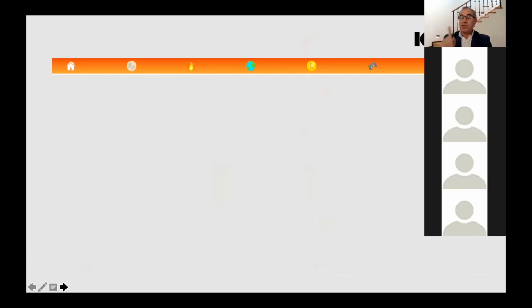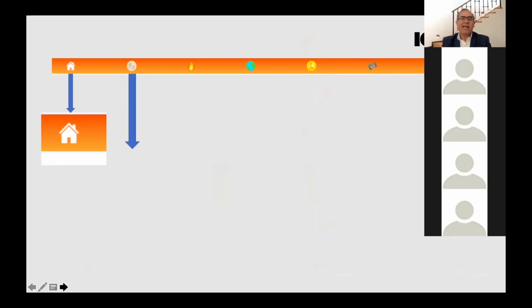Also, you have to show them icon by icon. So the first one, como en todas las aplicaciones, is the home icon. If you are lost, if you don't know where you are, you just click there and you go back to the beginning. That's the home icon. And this is the Domino icon. If Domino is not visible, it's like blurry, it means that the student has not done exercises every day.